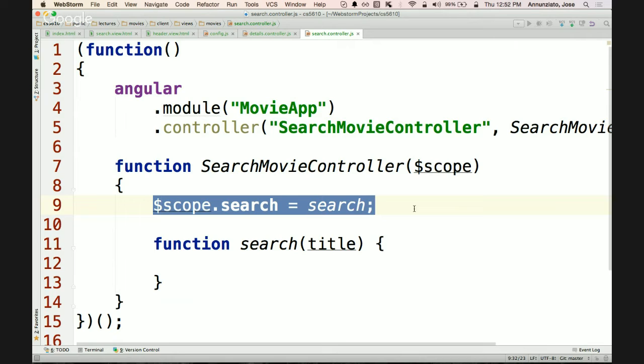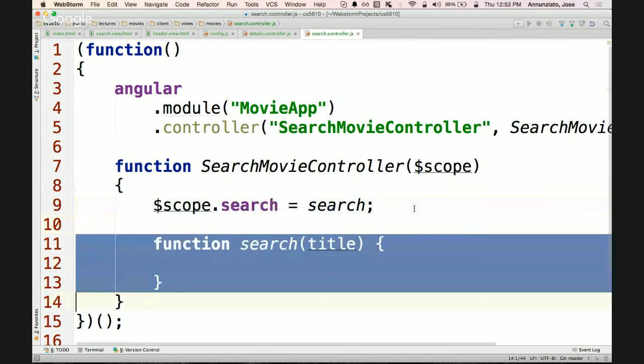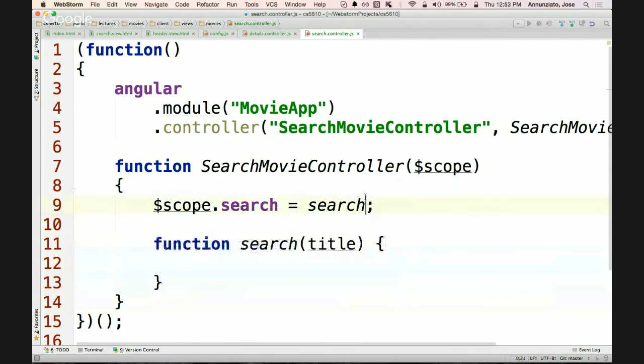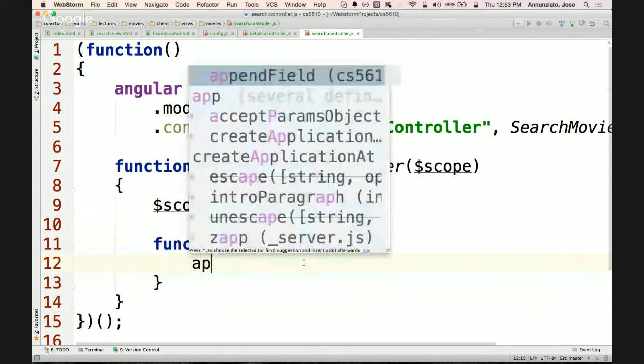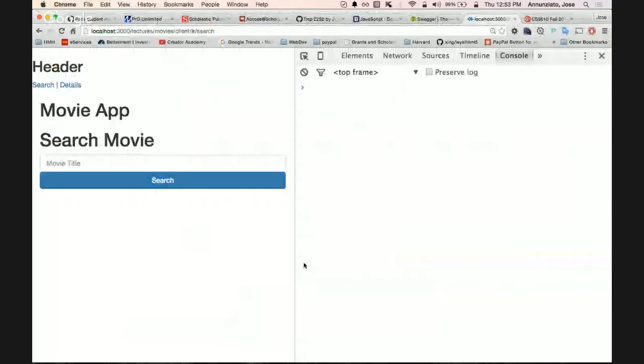And the functions are the ones who do this, right? So let's see if this works. Let's see if we have an alert, if this works, alert title. So let's refresh this. Let's see if this works, right? If I type something,